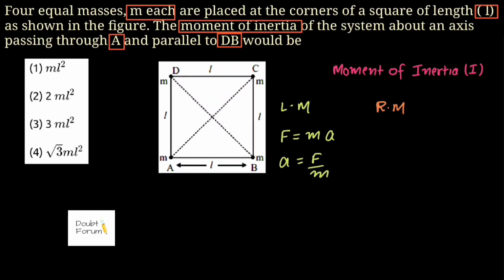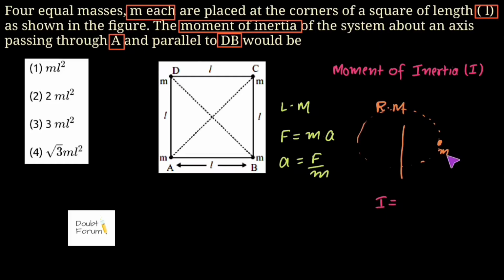Similar to this, in rotational motion, the object moves around an axis. Suppose this is the axis and there is an object of mass m, and this object is rotating about this axis. The inertia provided by this object on being angularly accelerated is defined by the moment of inertia of that object. So the moment of inertia, which is represented by letter I,